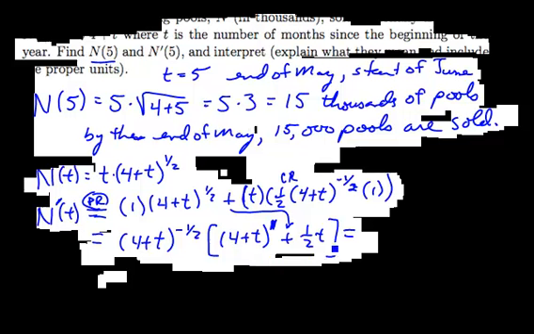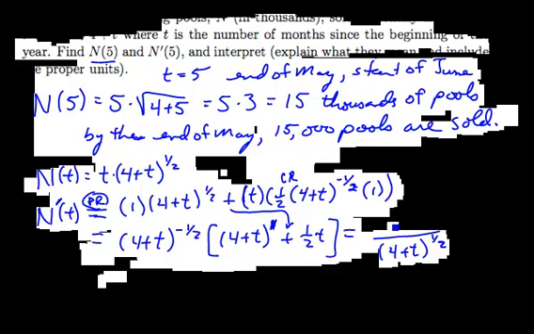Alright. So now I'll finish doing the calculation they wanted. They wanted n prime at 5, and that means place a 5 into my formula. So that's 4 plus 3/2 times 5 divided by the square root of 4 plus 5. If you do the calculations on this, then you end up with